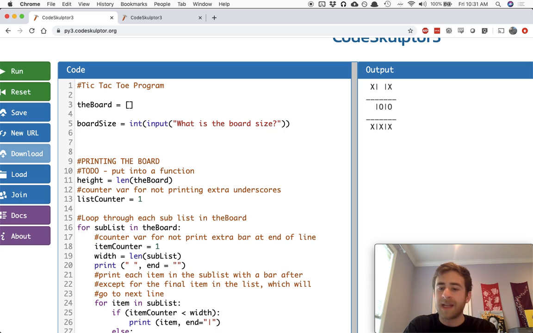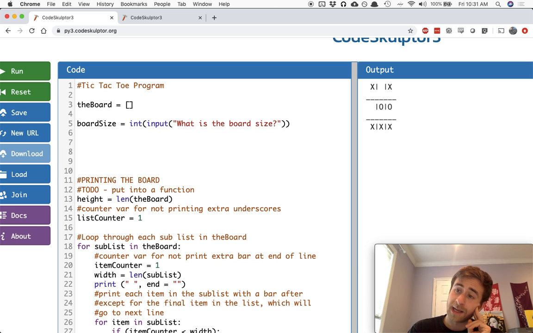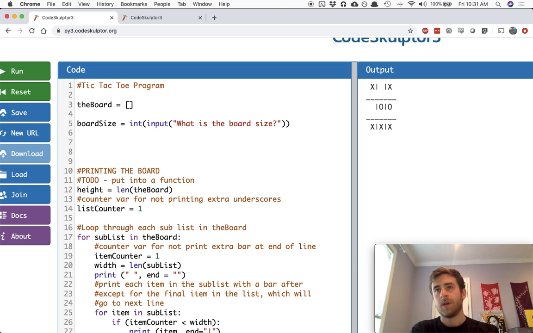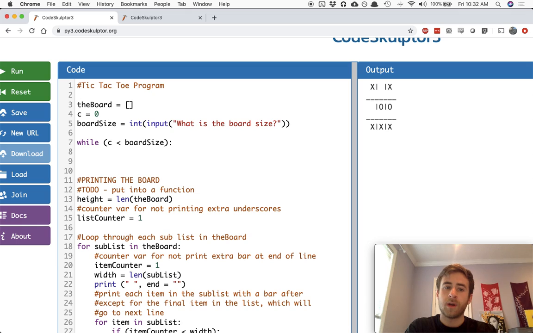And I'm not going to give an option for width or height. They're just going to say, what is the board size? Because tic-tac-toe boards tend to be the same width and the same height. So what is the board size? And then we'll do a while loop this time. While, and we're going to have to make a counter equals 0. I'm just going to make it C equals 0 so I don't need to type out counter every time. While C is less than the board size, we are going to